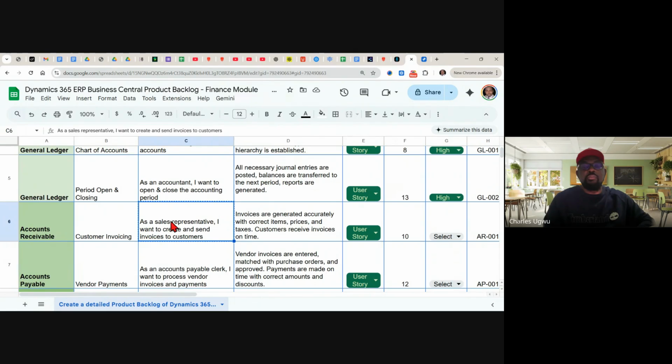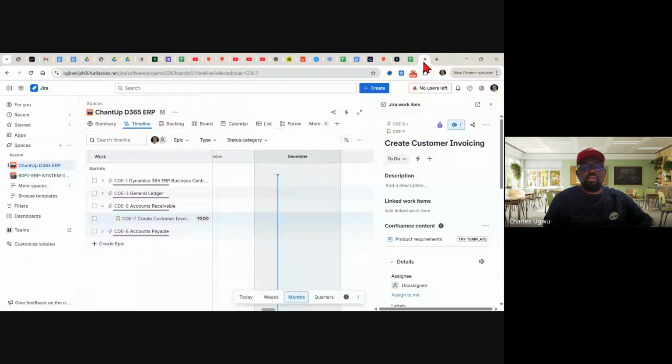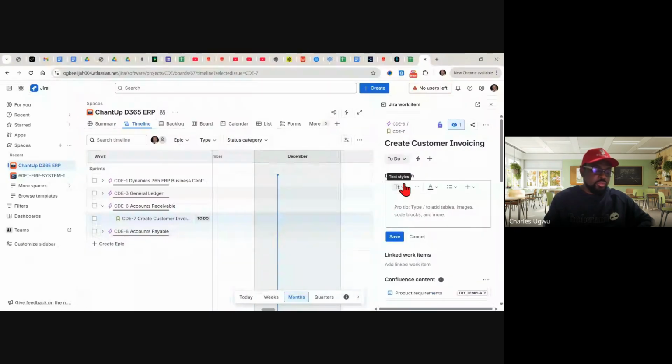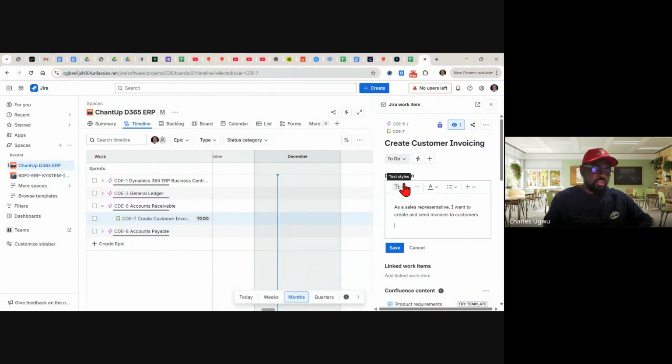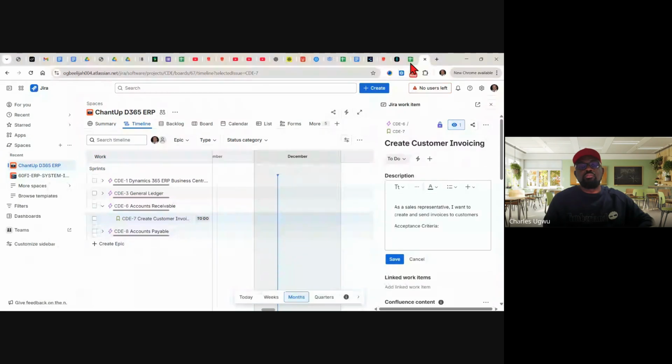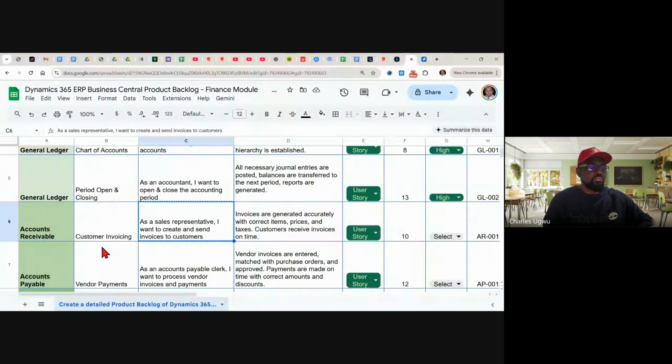We'll copy it and we'll come back here, go to description, and we'll drop it. We'll equally add acceptance criteria. So there is acceptance criteria.